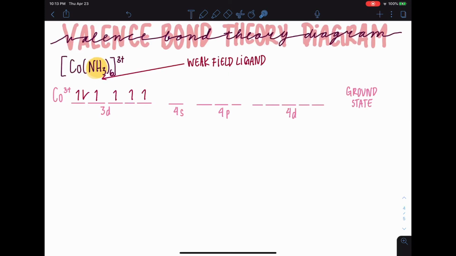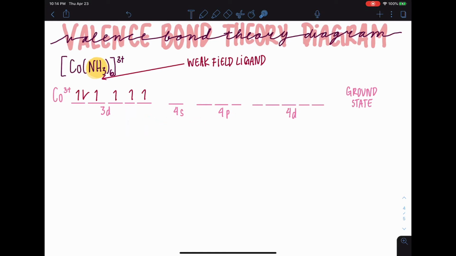As said previously, cobalt 3+ has 6 electrons in the 3d orbitals, and the complex ion has a weak field ligand. Weak field ligands do not cause a pairing energy. Strong field ligands, such as cyanide, cause a pairing energy. Pairing energy is when the electrons in the inner d orbital are paired and will have an excited state to hybridize to